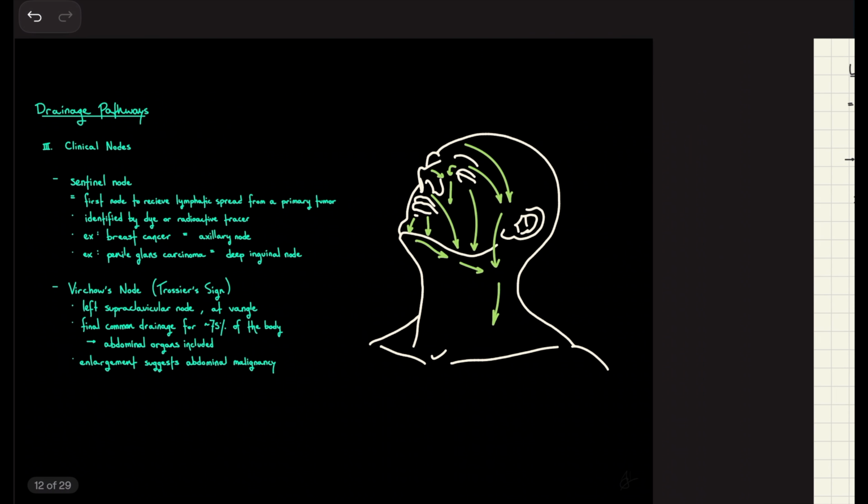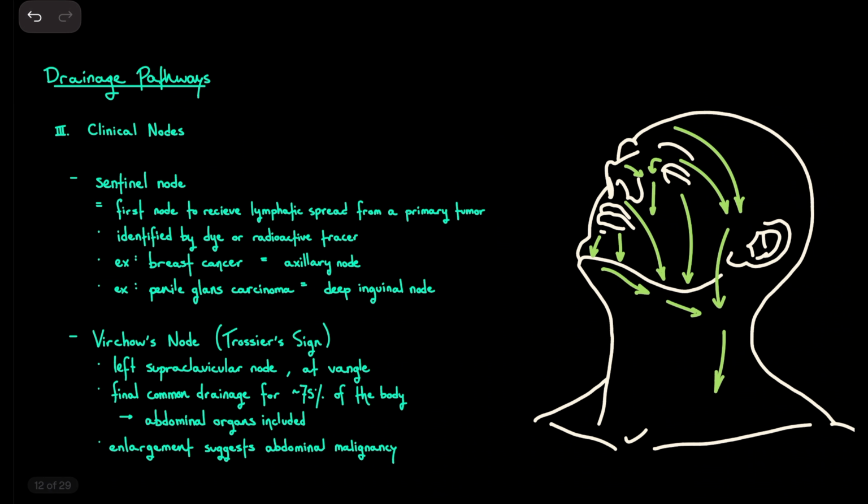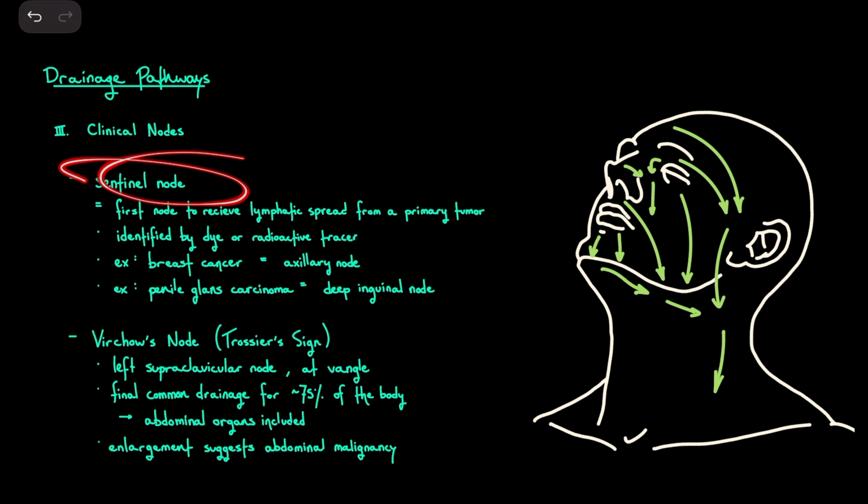All right. Yep, last slide. Cool. So just some clinical notes. I think this is a cool concept. It's one of the reasons I made this lecture, the idea of the sentinel node. It's the first node to receive the lymphatic spread of a primary tumor or whatever is infecting us, right? Usually identified by dye or some sort of radioactive tracer, so we can really section out